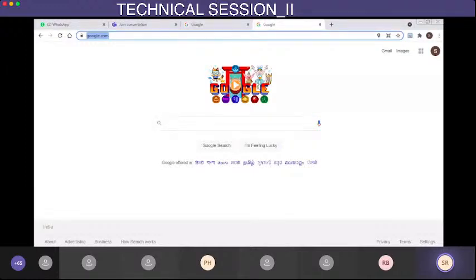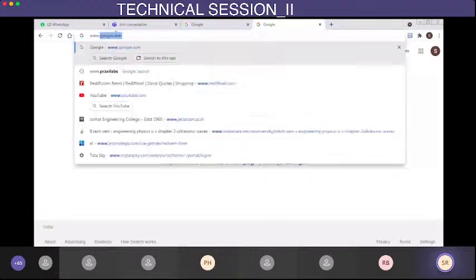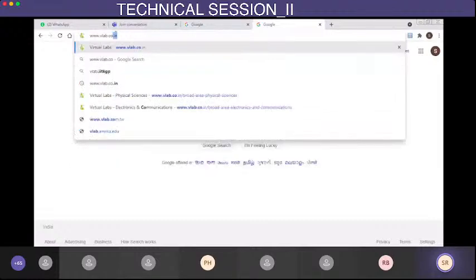As you can see, this is a browser. I'm starting from scratch using a virtual lab that was already mentioned yesterday. It is vlab.co.in. This is the link of the virtual lab that I'll be using today.